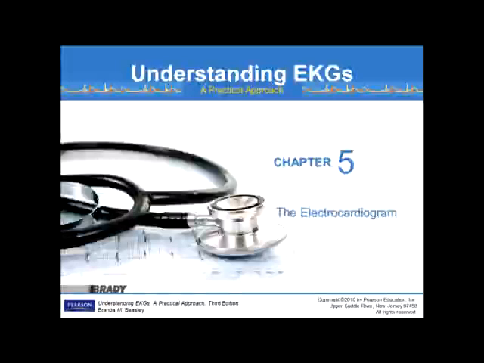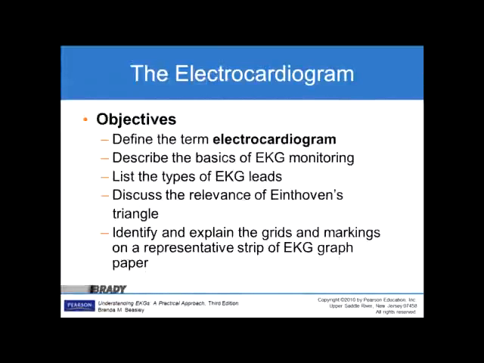And this is going to be Chapter 5, the Electrocardiogram, Understanding EKGs. The objectives here: define the term electrocardiogram, describe the basics of EKG monitoring, list the types of EKG leads, discuss the relevance of Einthoven's triangle, identify and explain the grids and markings on a representative strip of EKG graph paper,